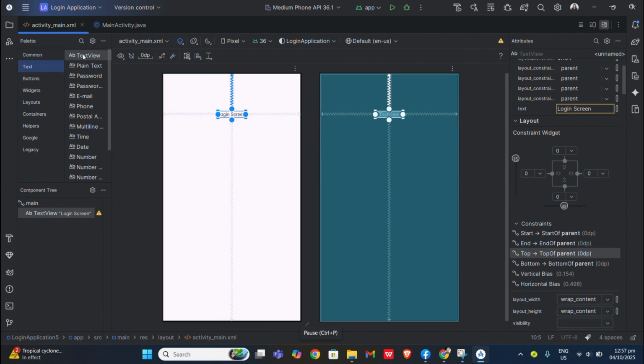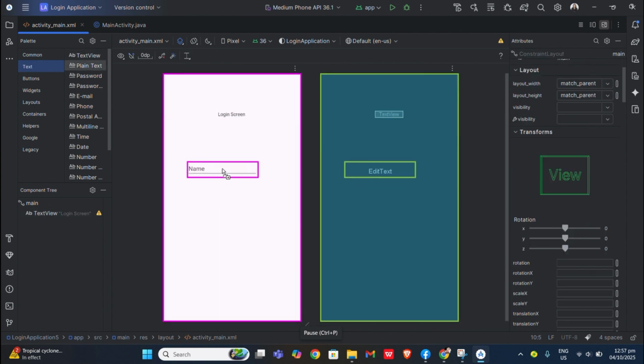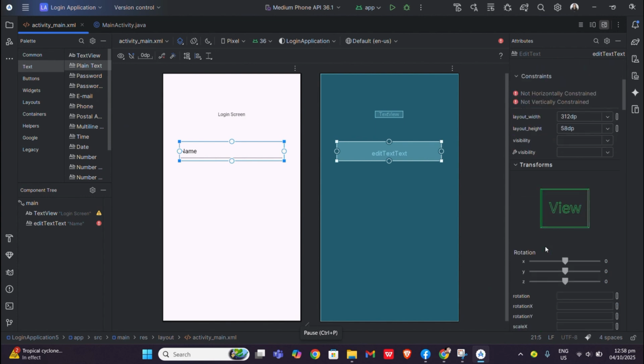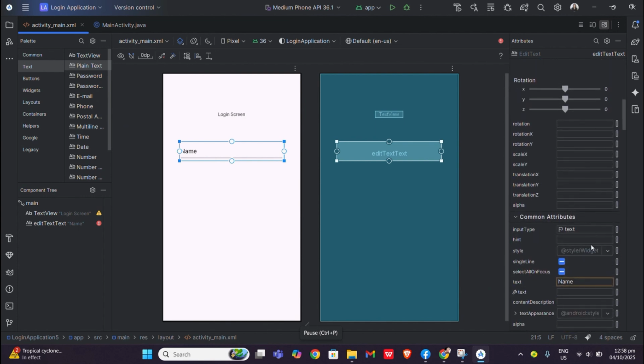And now drag a TextView, plain text, adjust, and change the text. Click enter. And for the password, drag the password field.